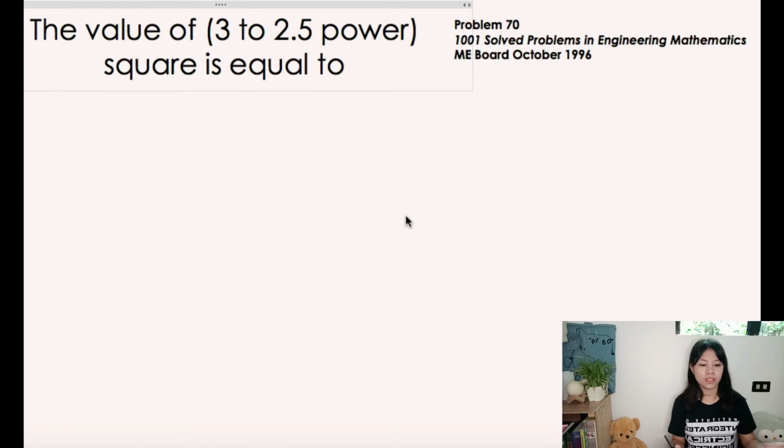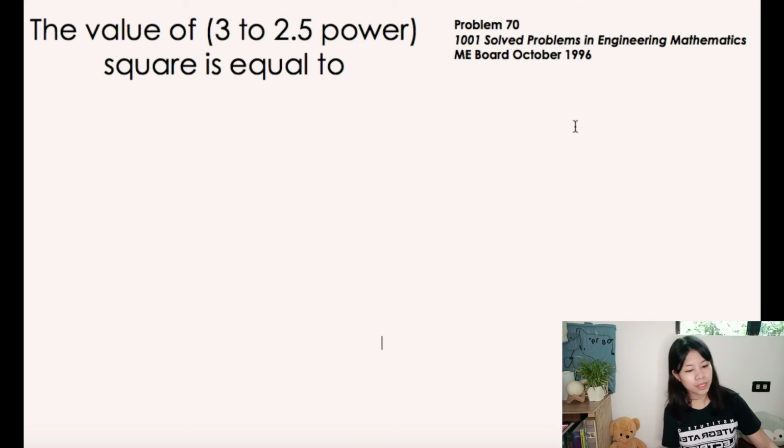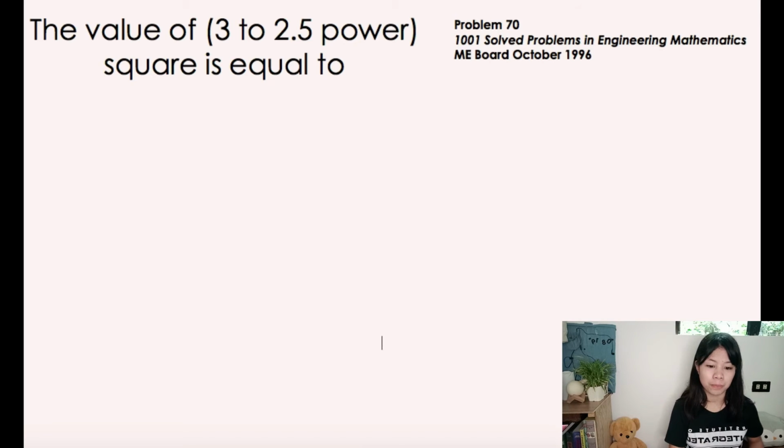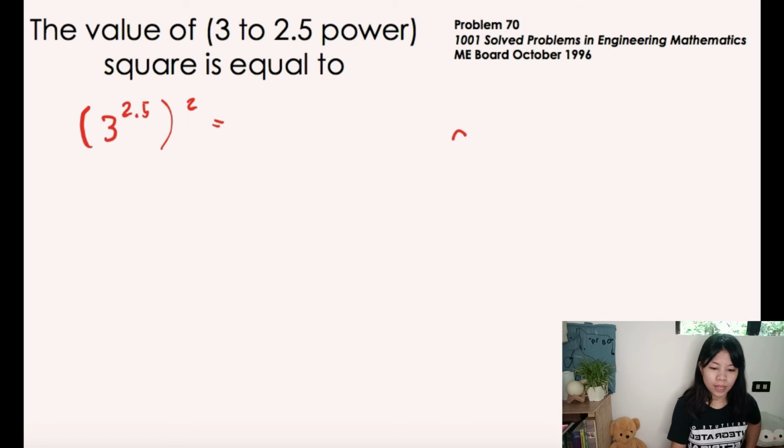This is problem 70 from 1001 Solved Problems in Engineering Mathematics, ME Board, October 1996. So, pansin nyo, parang based dun sa nakikita nating problem, madali lang siya, guys. Ito ay word problem na kailangan mong ilagay sa mathematical expression. So, try natin. Lagay daw tayo ng parenthesis kasi nasa loob siya ng parenthesis. The value of 3 to 2.5 power, ibig sabihin naka-raise siya sa 2.5, square is equal to, apply natin, a